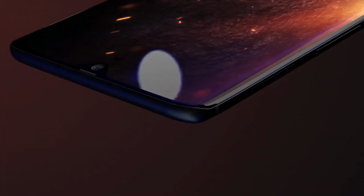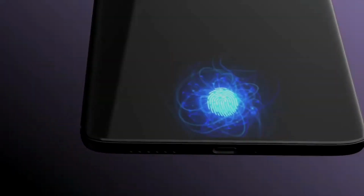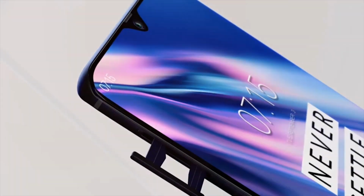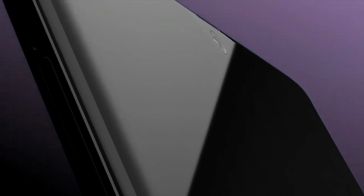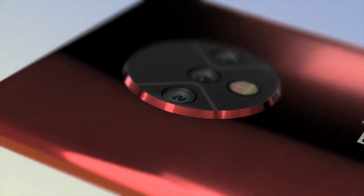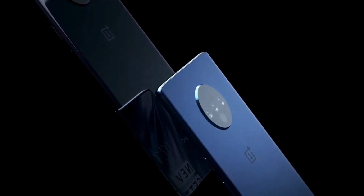And guys, the phone will come with a water drop notch which is smaller than the previous models, with a front facing 16 megapixel camera with electronic image stabilization. And guys, if we talk about the rear camera of the phone, the rear camera comes with a circular module with the main camera of 48 megapixel with f1.6 aperture with both optical image stabilization and electronic image stabilization, a 12 megapixel telephoto lens with 2x zoom, and a 16 megapixel ultra wide lens with 120-degree field of